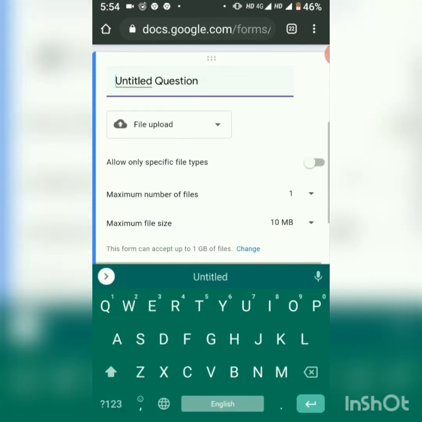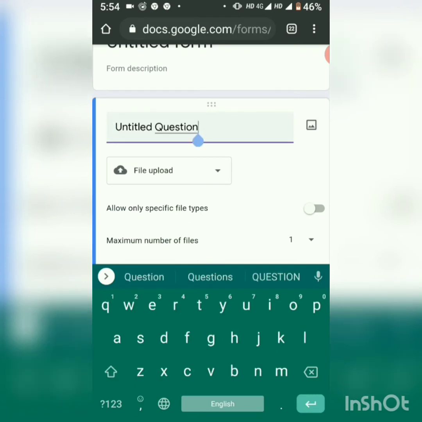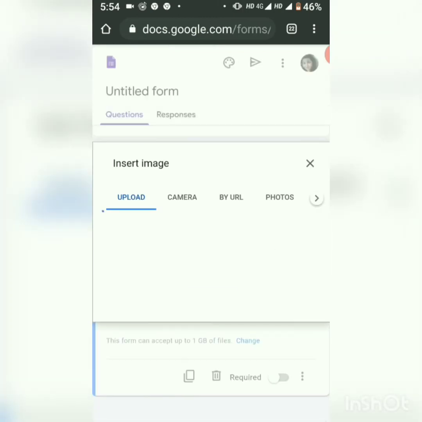Now if I click on this untitled question once again, you will get this picture icon on the right hand side of my screen. Click this picture icon, and you can insert an image, so you have to upload any image through it.